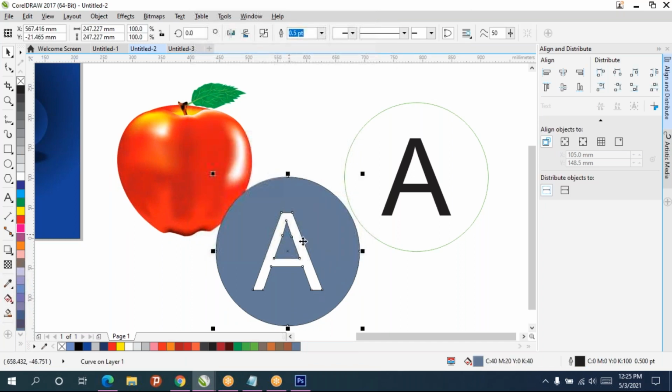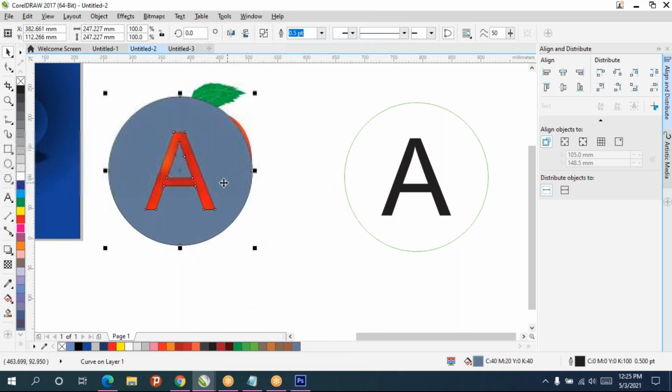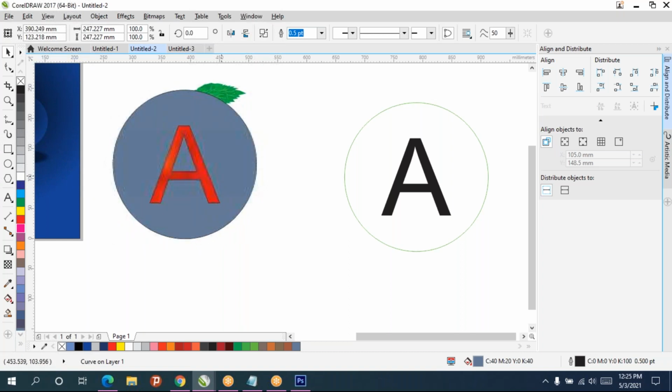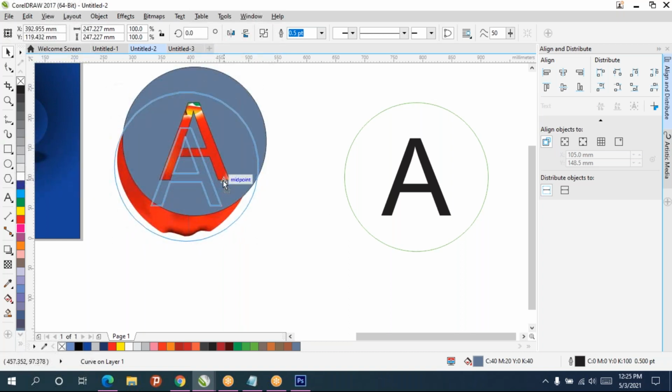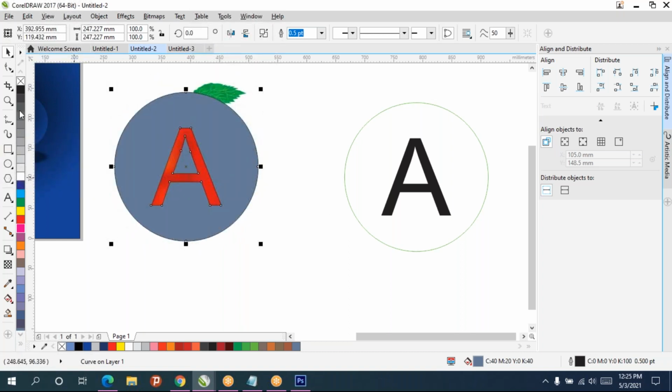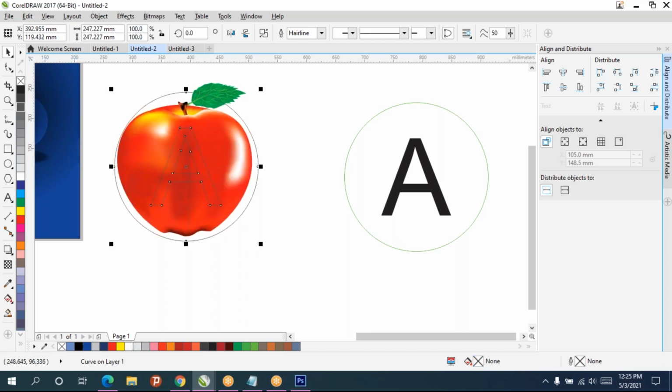So now this will be like a whole. So lots of things you can do with smart fill.